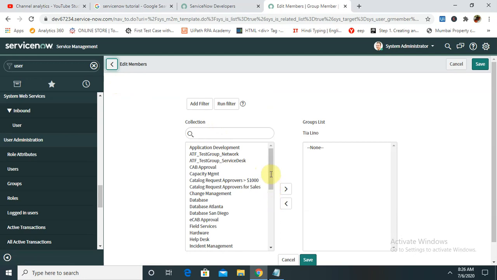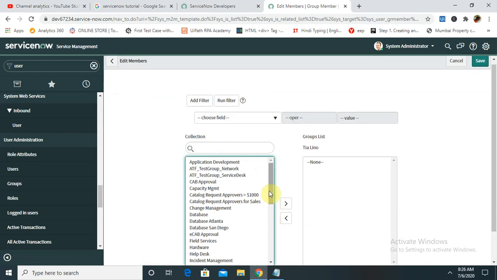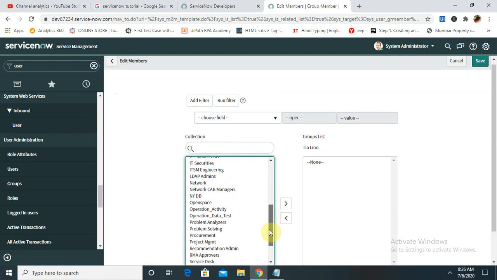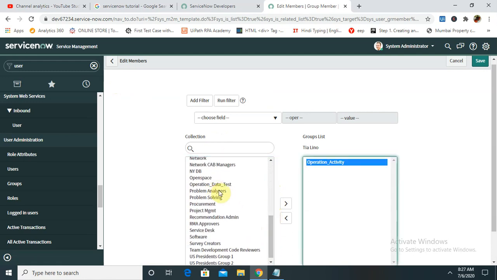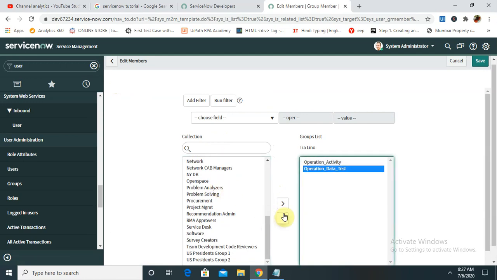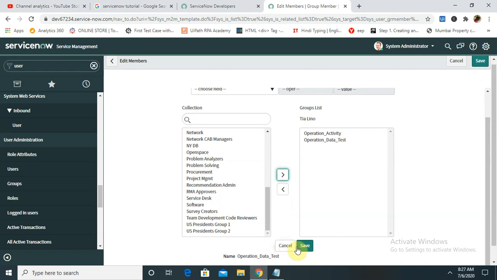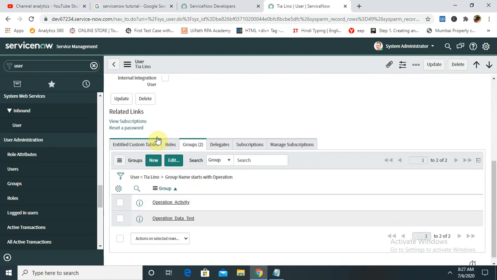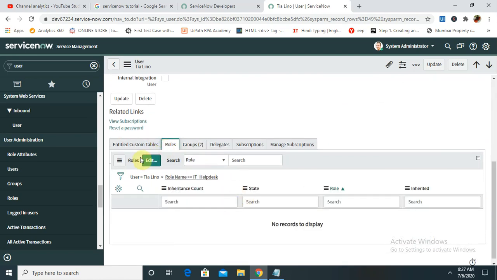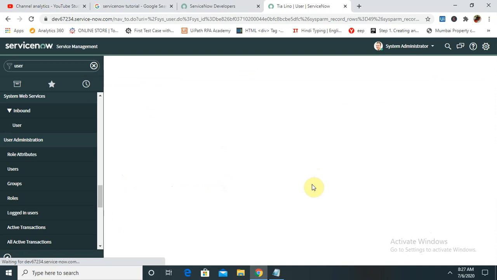Let me add any detail from here. IT operation data test. Sorry, this you can include it and click on save. You are able to see this group will be added in this. Rule is also possible. Let's click on this.